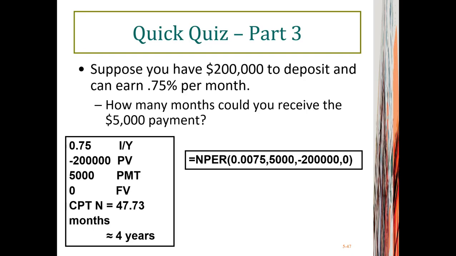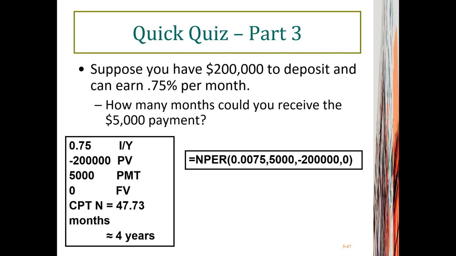Suppose you have $200,000 to deposit and can earn 0.75% per month, and how many months could you receive $5,000 payment? So it asks you to give a certain amount of balance in your retirement plan and a reasonable interest rate. It asks you how long your retirement plan can support your post-retirement life. And here you essentially calculate N. N is the 5th guy, and here you need to find the 4 other guys. IY 0.75, PV negative 200,000, and PMT 5,000, FV 0. So here the number of months is